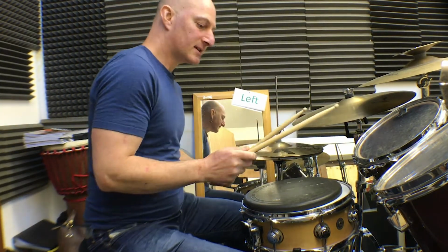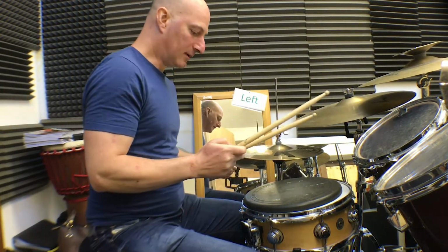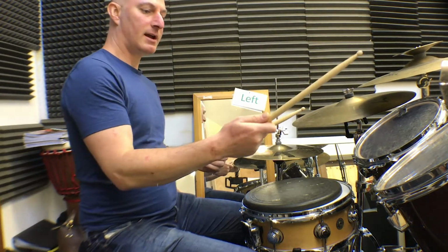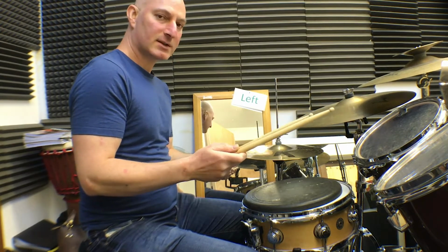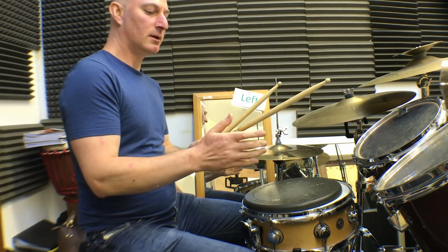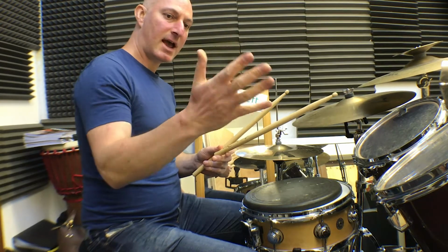How to hold your sticks. I'm going to talk about match grip only. Match grip means that your right and your left are holding the stick in the same way. So, first step is hand open,